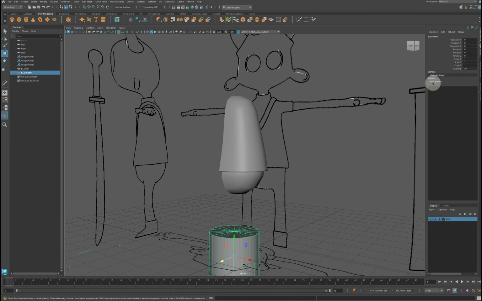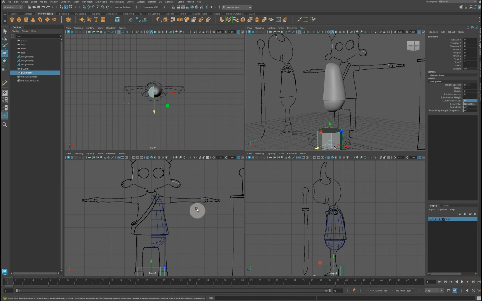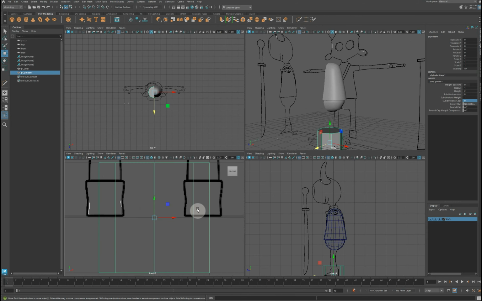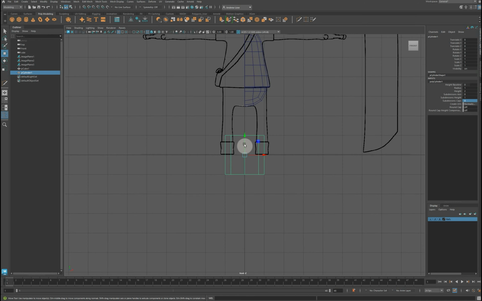So if I go into its inputs, I want it to be subdivision axis 8 for a start. I don't want end caps because I'm going to delete them out. They're just easier to handle if I can't see it. Right, so now, if I pick that up and put it where the leg goes, and the leg about there-ish,